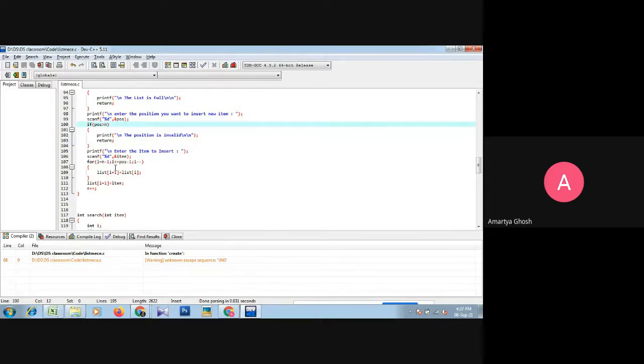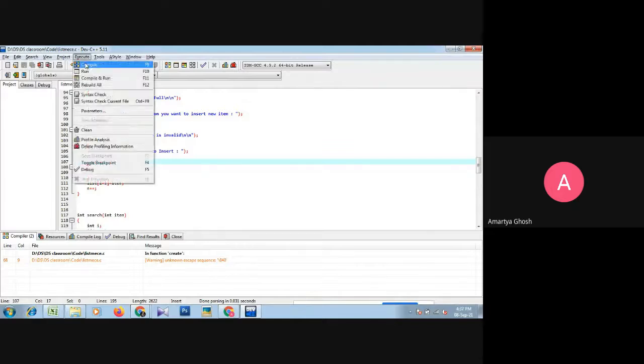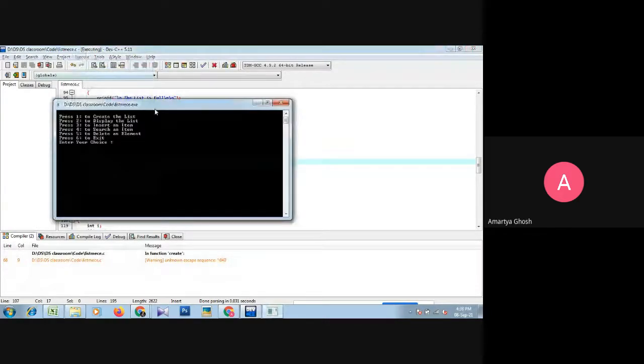The condition is I is greater than or equal to pos minus 1, I minus minus. Okay. Compile, run.